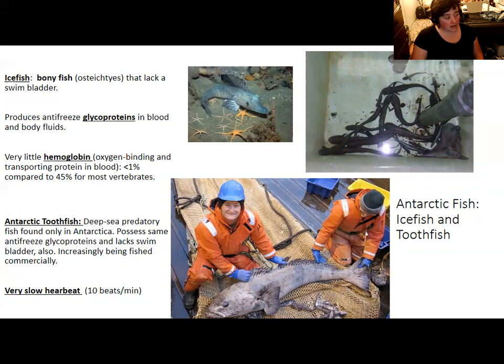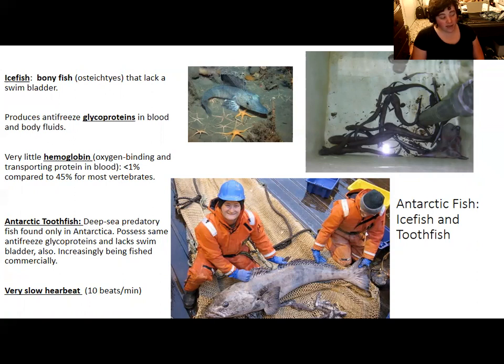So that's what I meant when I mentioned that a lot of deep sea fish don't seem to have swim bladders. You can see actually how big the eyes are and how they point upward. That is also something you often see in deep sea fish. They're trying to see what little light they can, and if they're living at the bottom of the ocean, what little light is going to be up there. This fish is actually being hunted commercially increasingly. It is closely related to a species called the Patagonian toothfish, which is